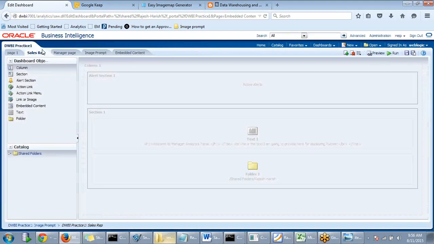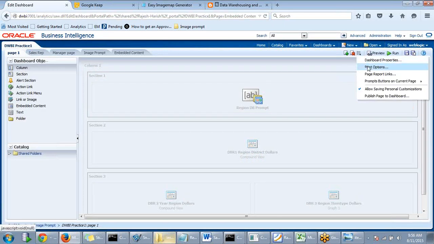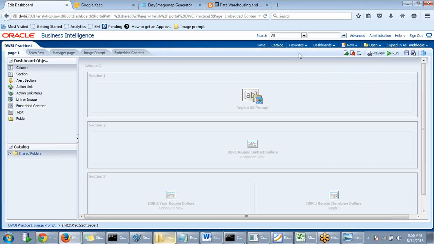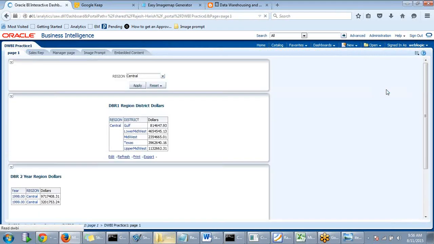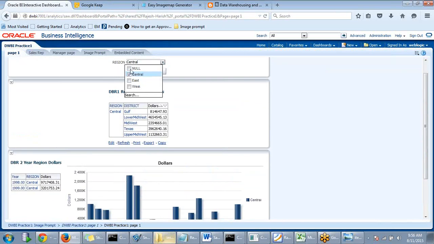You have asked one doubt over here, right? How can we print the entire dashboard? That is available over here. The moment you click on run, this will be the output to the customer, right? If the customer wants to print this particular dashboard,